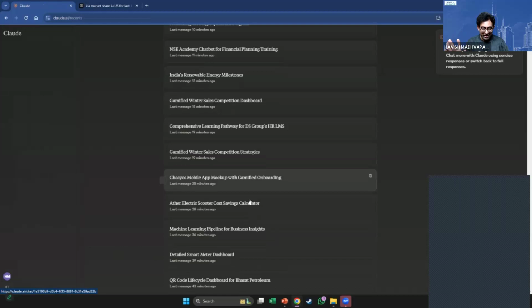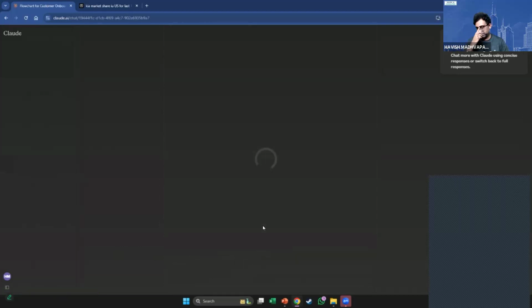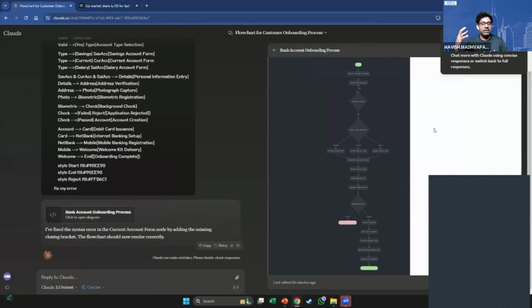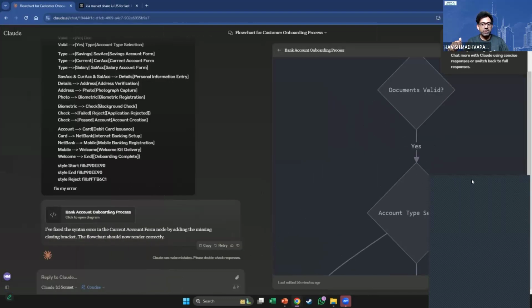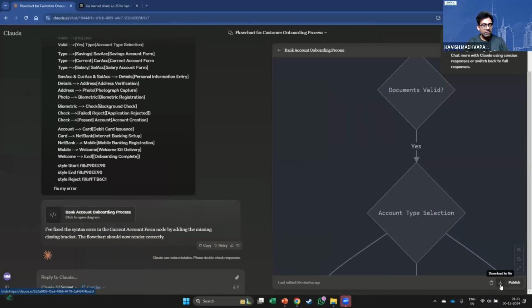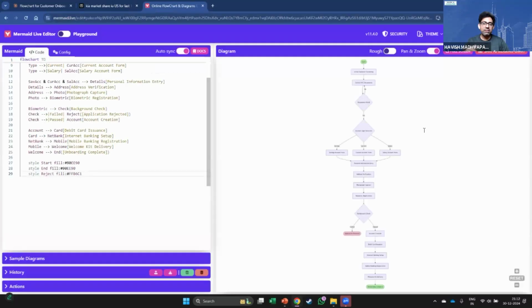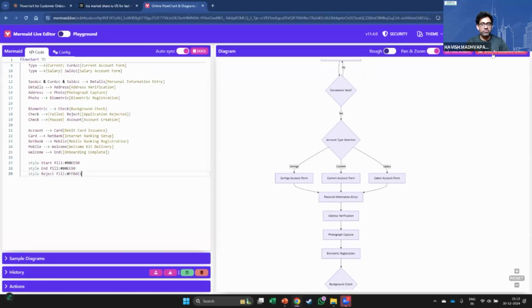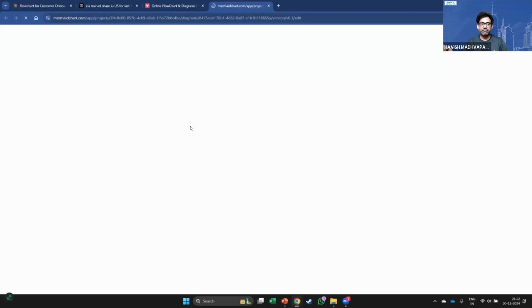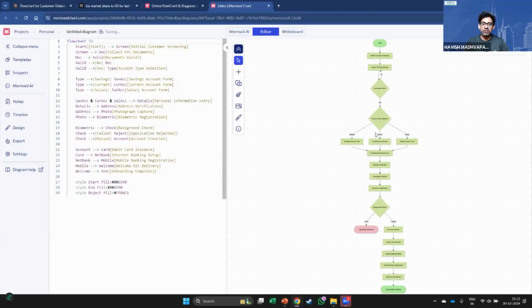In fact, hold on. Let me show you with the diagram, the one we did earlier, this one. Yeah. Here, if you see, it's a diagram, but I can't download it directly. You see, there is a download button, but that won't help. That is not going to download the diagram. It is going to download the code, the mermaid syntax. As you can see, it is downloading the mermaid extension for you, which won't help us. That is the reason we copy the code and we went to Mermaid to be able to view it. And from here, you can download it. You can make changes. You can go to Mermaid Chart and you can make further changes to it, right?